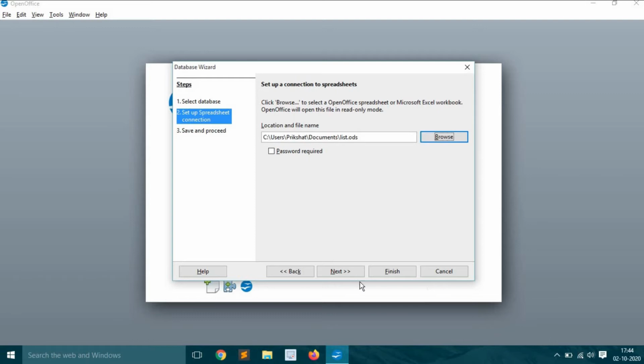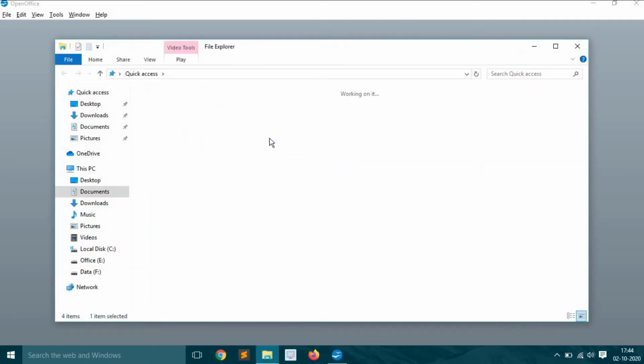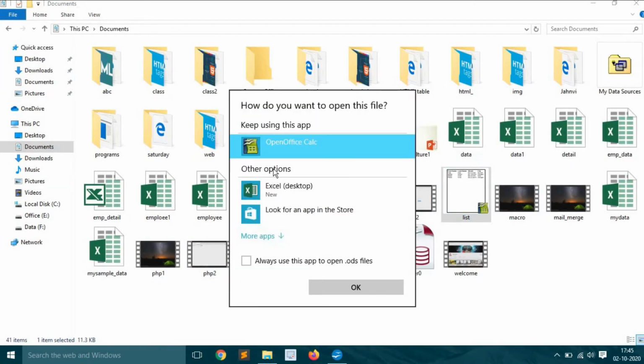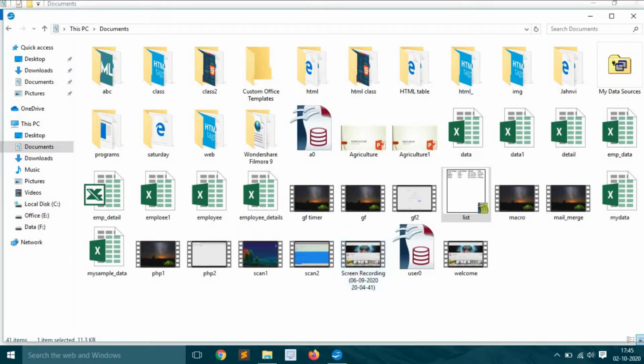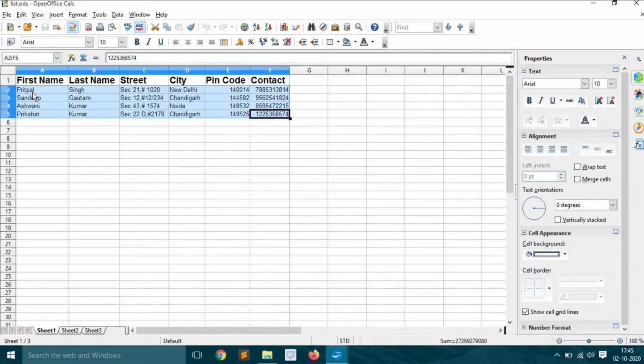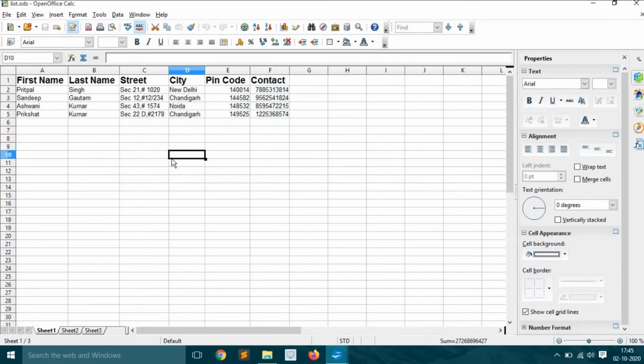When I choose the list, I first show you what the list actually has. Here the list has my data, like I double click and open this. This is my list. These all are data there. It saves time, so that's why I already created my list. In this list I have first name, last name, street, city, pin code, contact. These are some sample records I have.